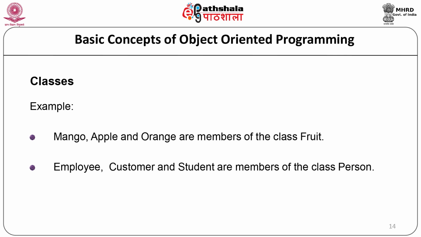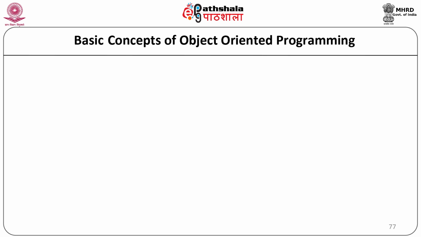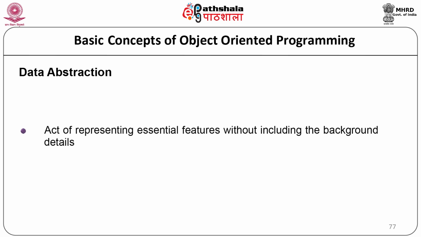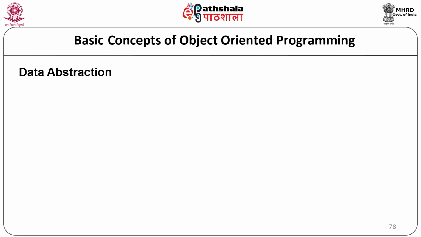The second example can be a car class with the properties company, model and color and the actions speed, average and brake. Now we will see the basic features of object-oriented programming. The first is data abstraction. It refers to the act of representing essential features without including the background details or explanations. Classes use the concept of abstraction and are defined as a list of abstract attributes such as size, weight and cost and functions to operate on these attributes.